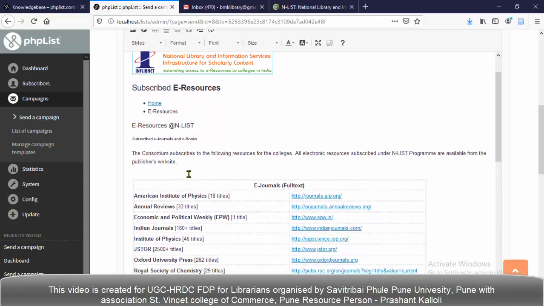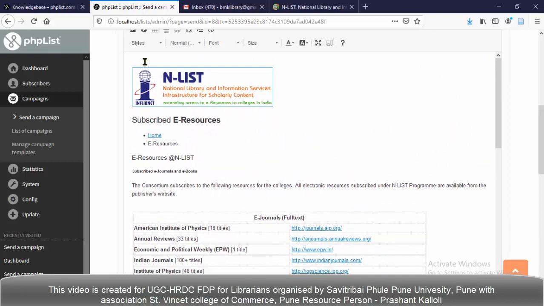Here are some powerful tools. Here I want to specify the name of the user to whom we are sending the email. This is called a placeholder. We can use placeholders, so I'm using the placeholder name.